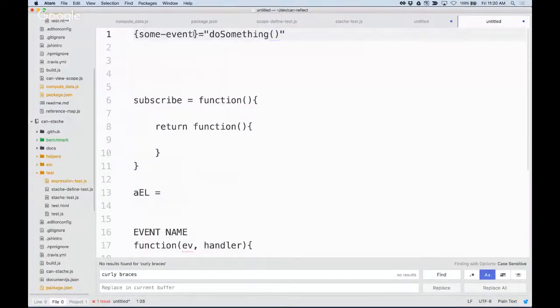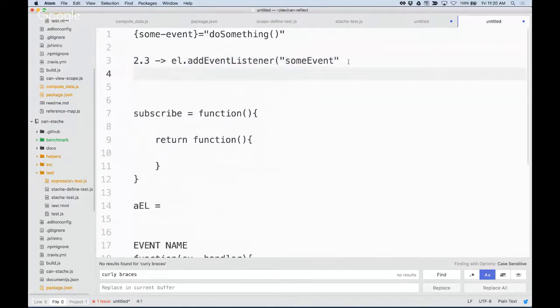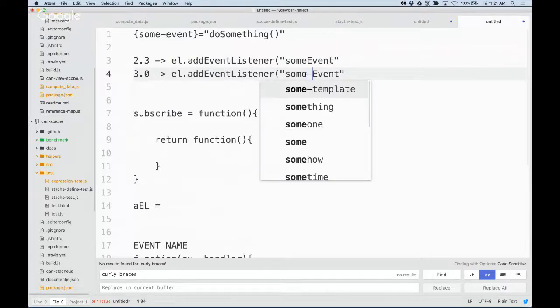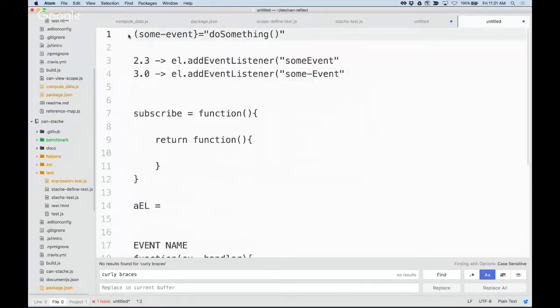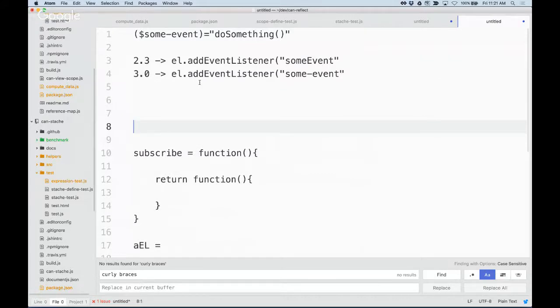Right. So previously in CanJS 2.3, that would become some event in camel case, and right now we're maintaining the kebab case. So it's adding a listener for the kebab case version of some event. So that should be some event in parentheses, right? Not brackets. That's right. And yeah, it'd be a lowercase e. Well, that's 3. Yeah. So this is what I was running into, and there was a discussion on what